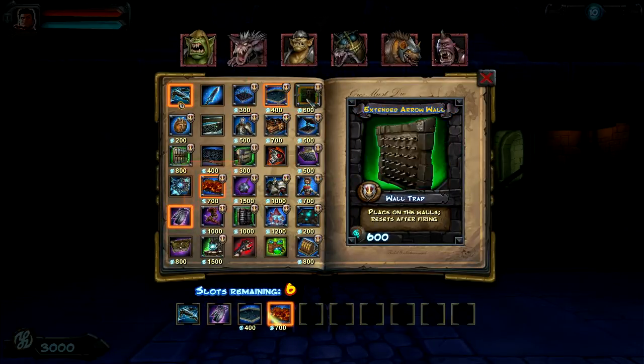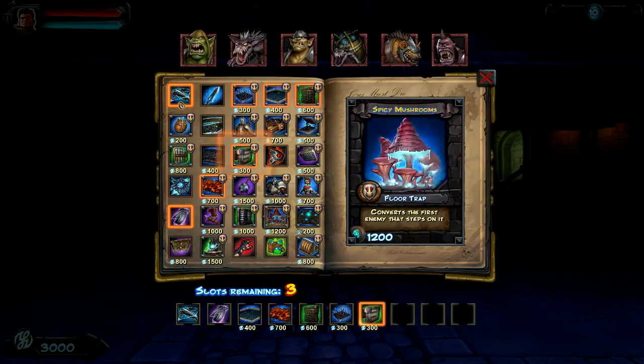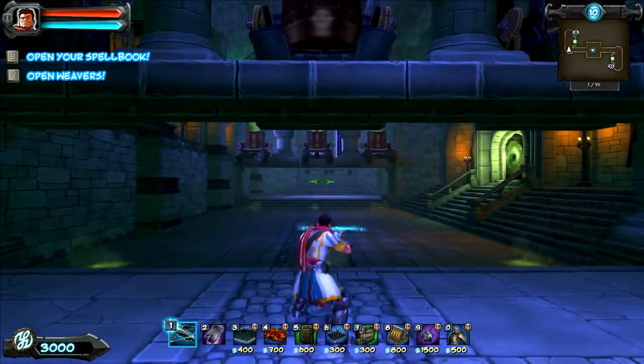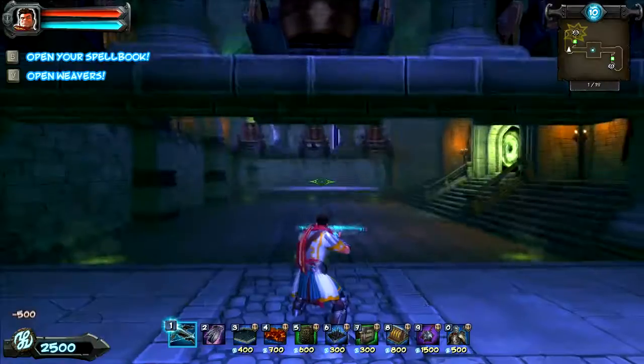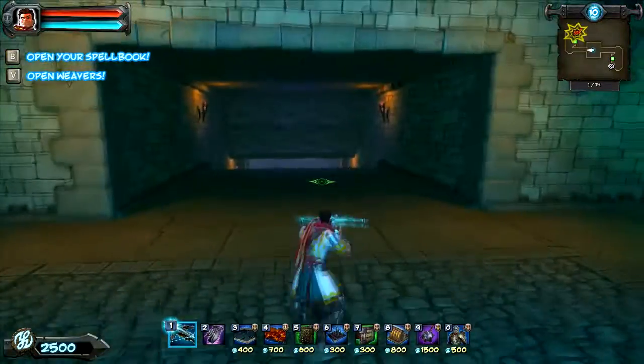We're doing an Orcs Must Die Let's Play walkthrough strategy for Double Down, one of the new stages in the DLC. This is on Nightmare. First things first, I'm going to go right for the Steel Weaver, and as you noticed, I did not bring any